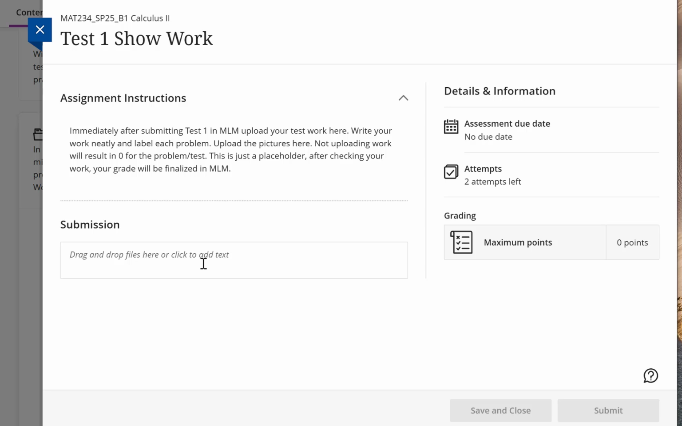You'll get feedback from me on it, but the grade will be in MyMathLab. You have 2 attempts just in case something happens and it didn't work out in the first attempt. You can try in the second attempt. If you are pressed by time and you want to do it within the 10 minutes and it didn't work,